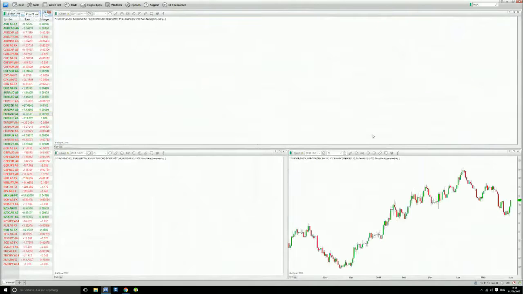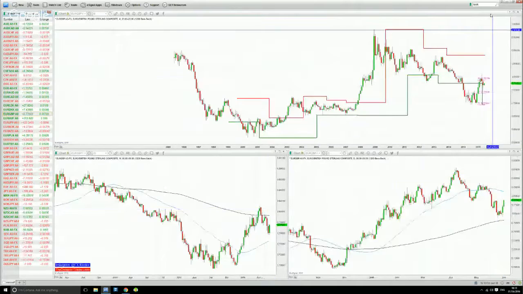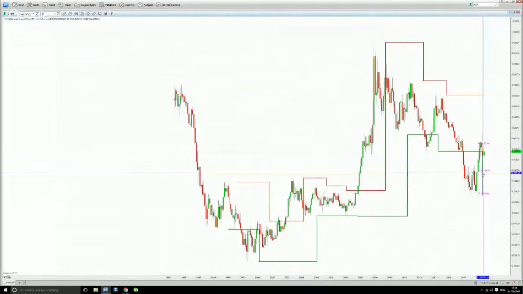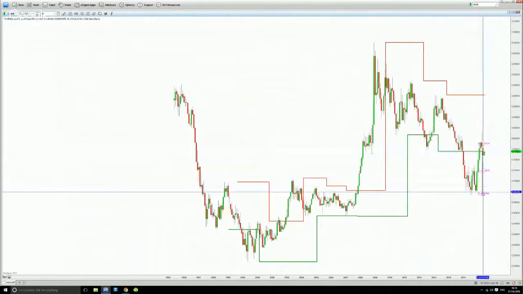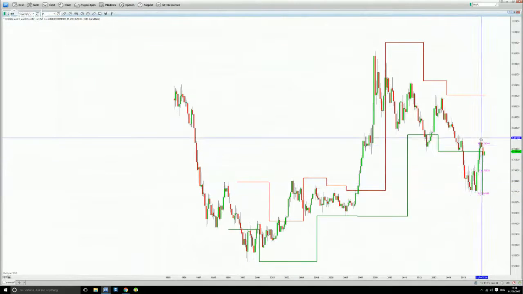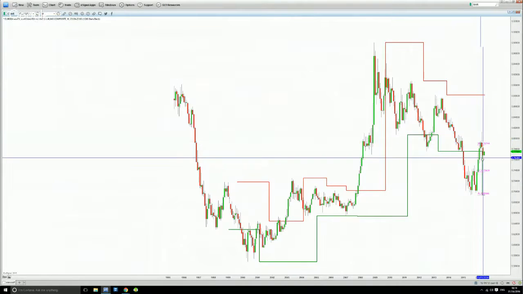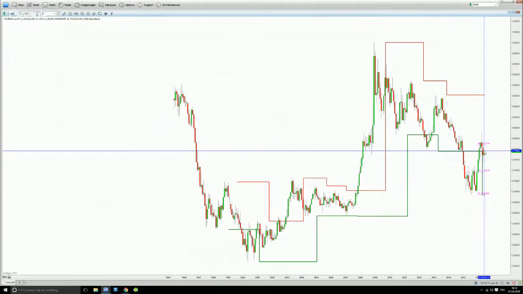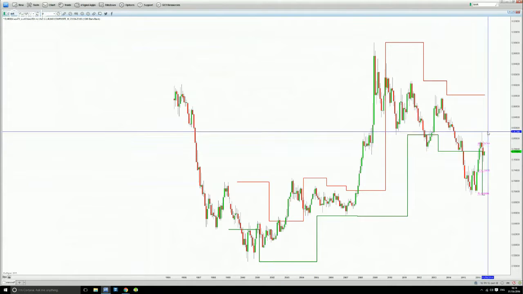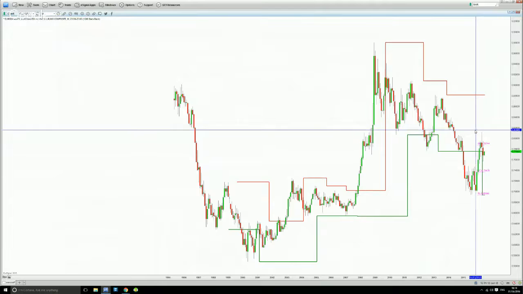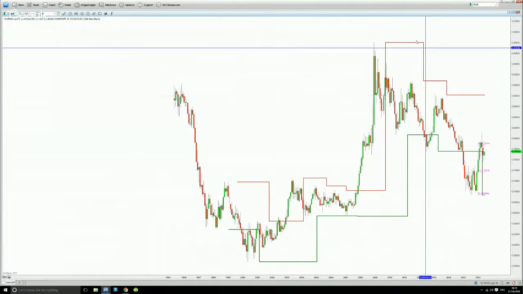Okay, euro pound starting to look interesting. I'll explain why. We can see that it's within the pink lines, so it's not an environment we want to be trading in just as yet. After every move, it found resistance around the round number 0.80. We had a correction, and now we're seeing a further move to the upside. What we'd like to see is this momentum continue, for this high to be cleared, and then strength to the upside.